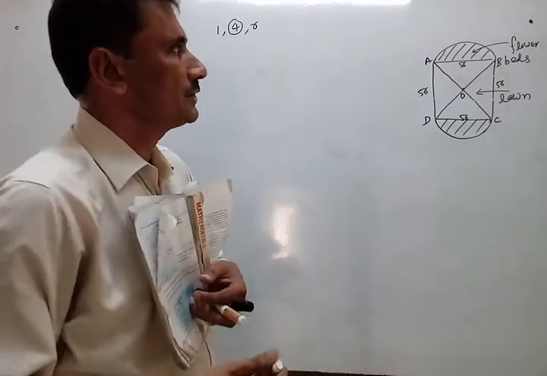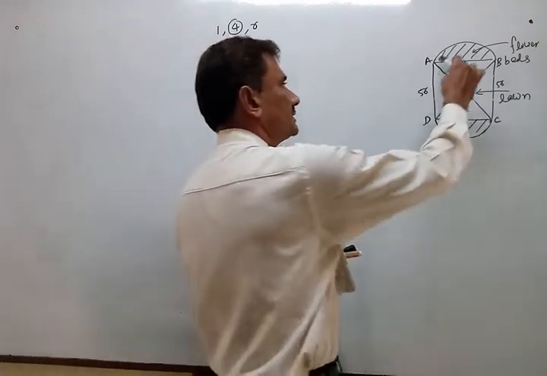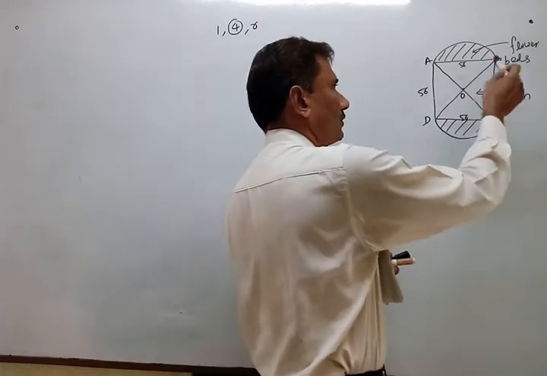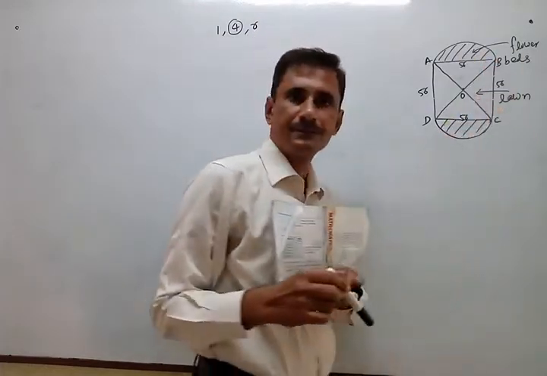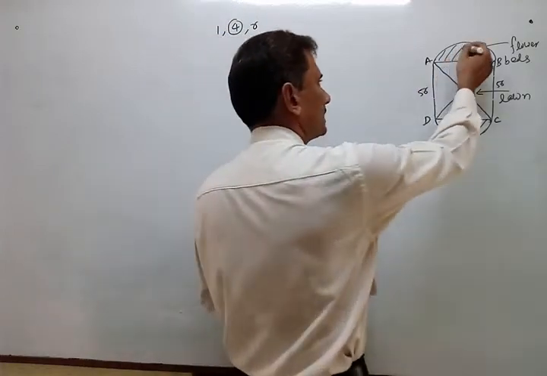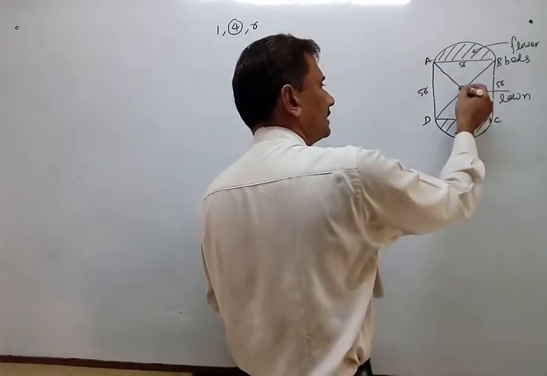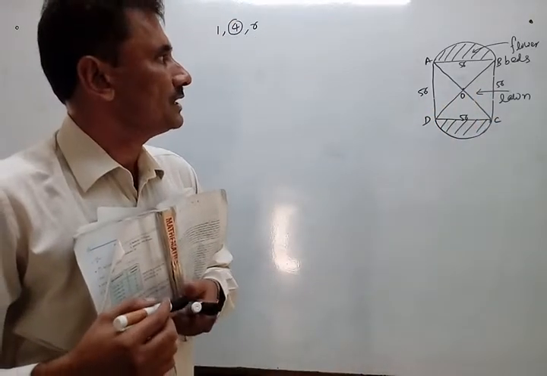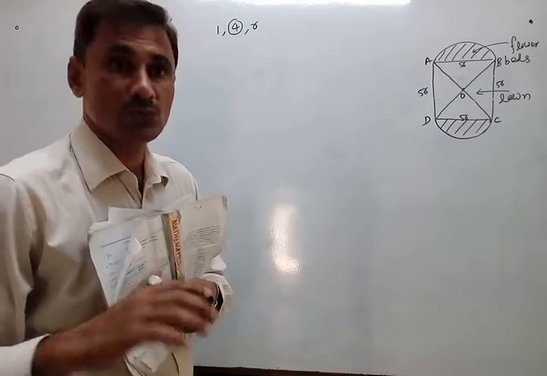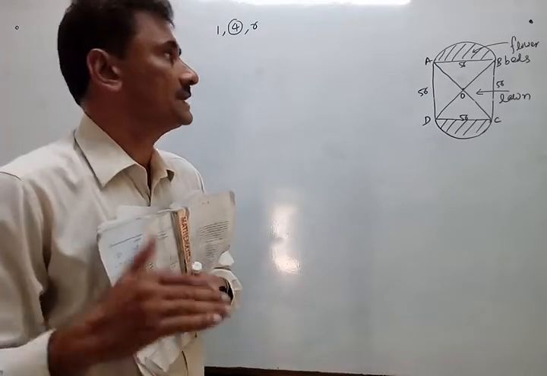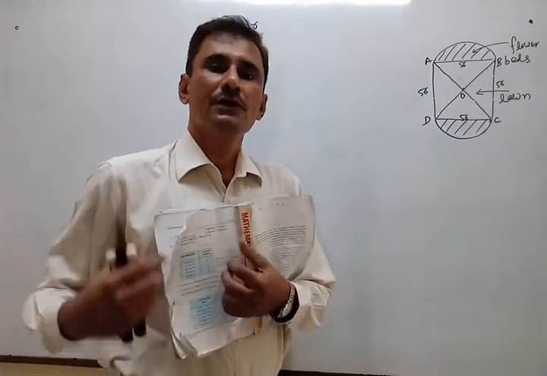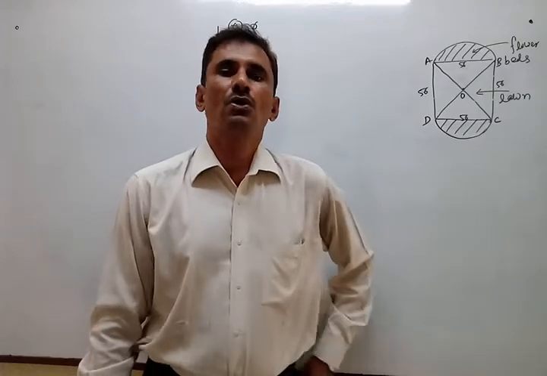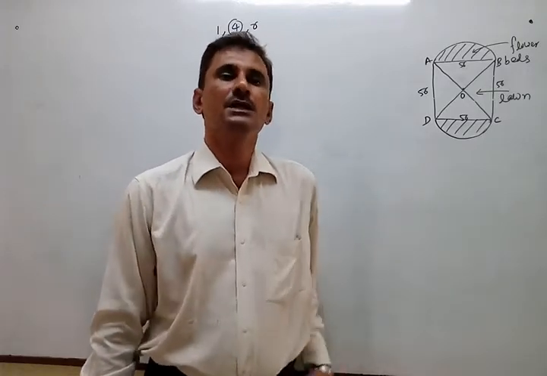Now this is the figure given in the question. There is a square park and there is the lawn. In the square park, the lawn and two flower beds are there. These two flower beds are here and here, both are equal, and each is nothing but a segment. We have to find the total area, but first we find the separate areas, so that if in the exam only the lawn or only the flower beds area is asked, then you can find it.